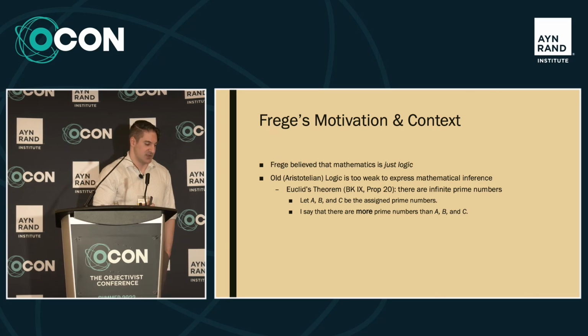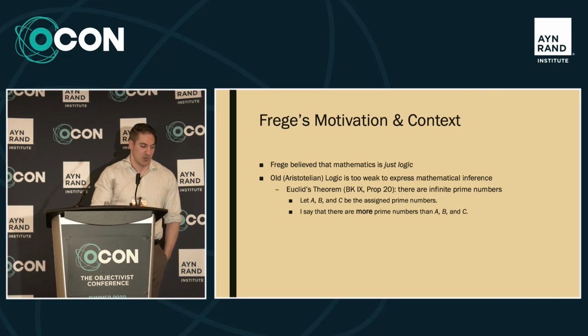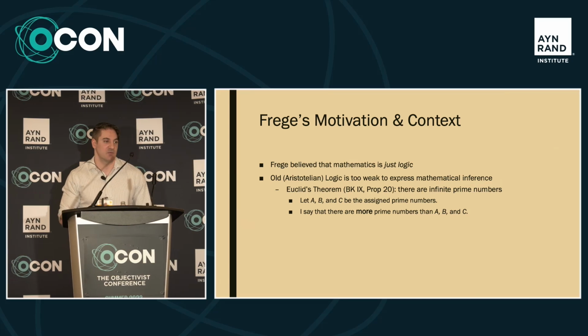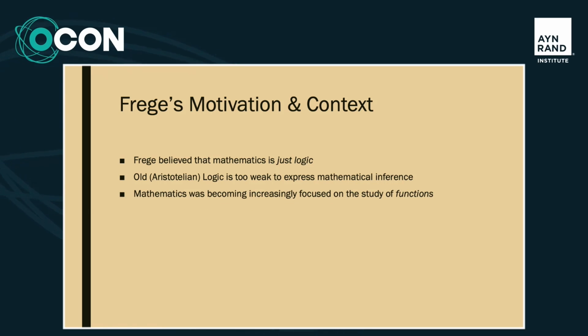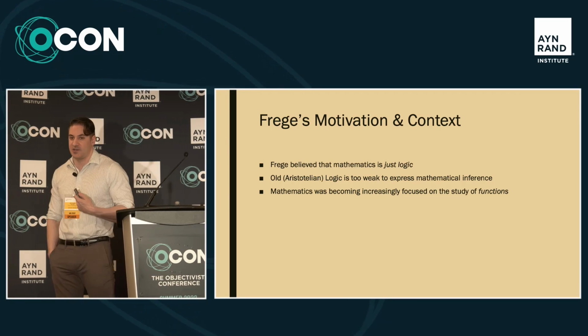These are the first two lines. I say that there are more prime numbers than A, B, and C. That's a relational claim. Just to even express the claim is not possible in the old Aristotelian logic, because more is, you relate one thing as more than another. That's a relation, and this logic can't handle that. So part of the context here is this logicist motivation, the inadequacy of the old logic, and